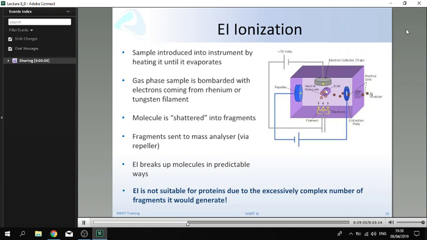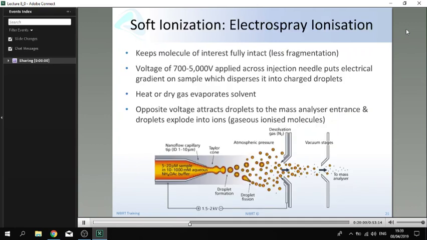But imagine if we have a protein that contains thousands of amino acids. If we try to bombard that with electrons, we will just get such a huge number of fragments that we would not be able to analyze them in any way. So it just breaks our protein into too many fragments to actually be able to deal with. So this method of ionization we are only using for small molecule drugs, but it's not used for biopharmaceutical analysis. For biopharmaceutical analysis, what we can use is soft methods of ionization, such as MALDI and